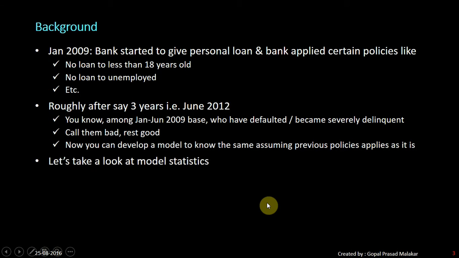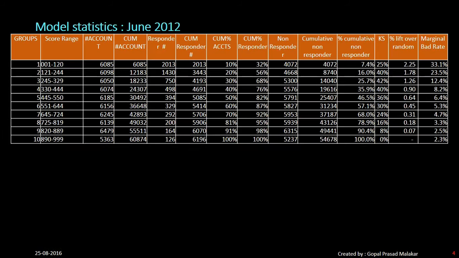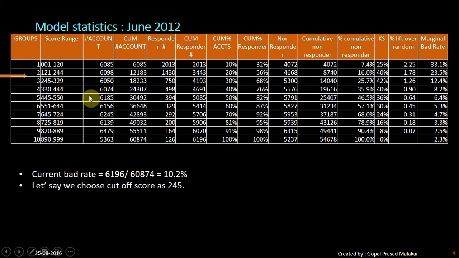Now let's take a look at model statistics. The model looks like this. Now the current bad rate is 6,196 out of 60,874, 10.2%. If you apply a cutoff score at 245, which means anybody scoring more than 245 will get the loan and less than that will get rejected, what will happen?